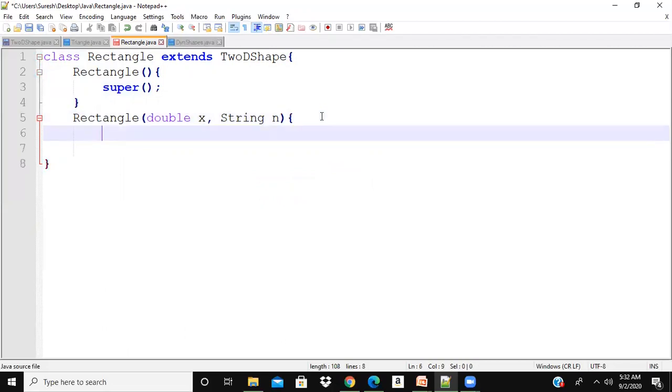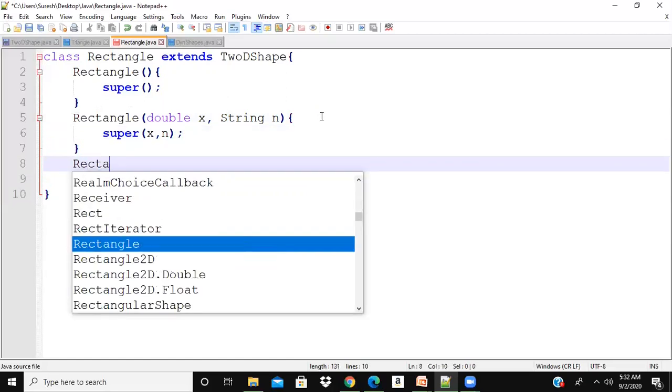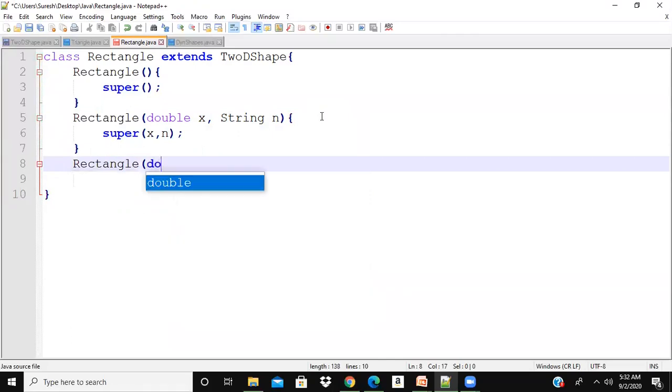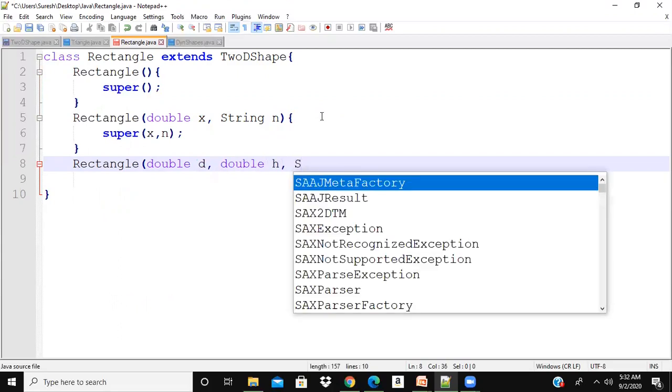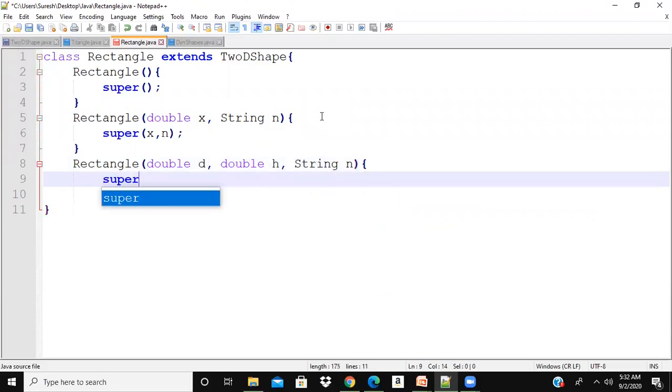So again, what is it that we are doing? Super x comma n. Rectangle double d, double h, String n. Again, just use super d comma h comma n.